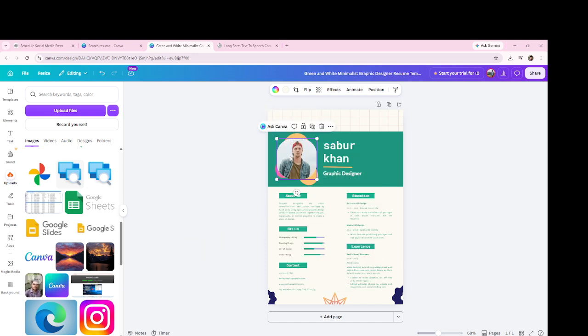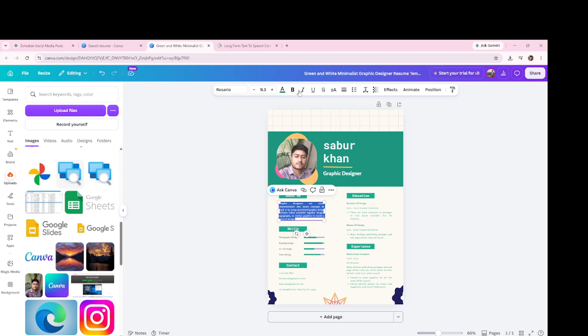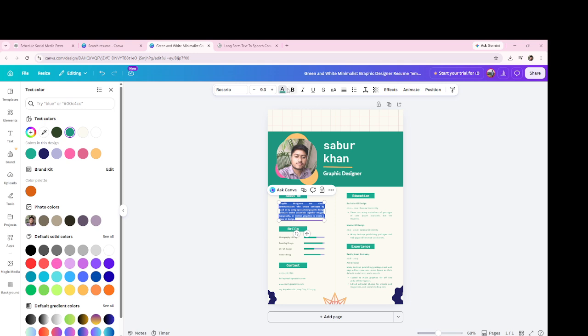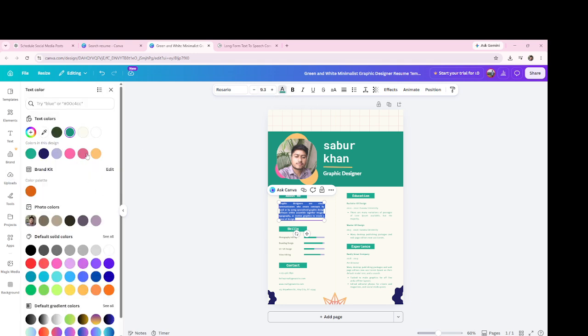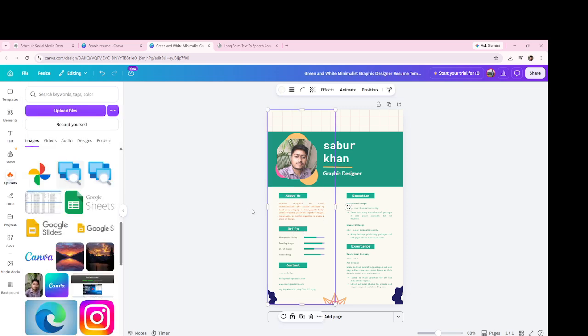Next, start customizing your resume. Replace the sample name with your own name, then update your phone number, email address, and location. After that, edit each section, including your professional summary, work experience, education, skills, certifications, and any other relevant information. If the template includes a profile photo and you'd like to use one, simply upload your image and replace the